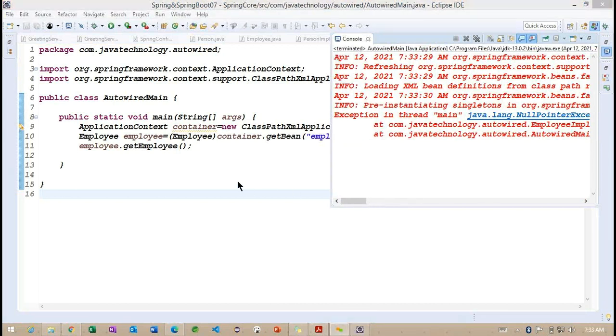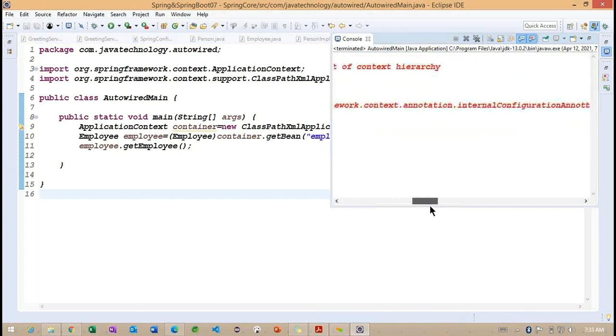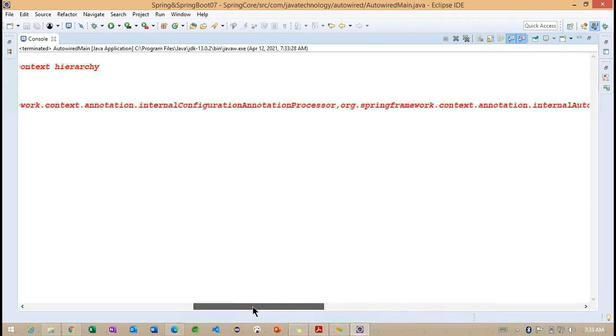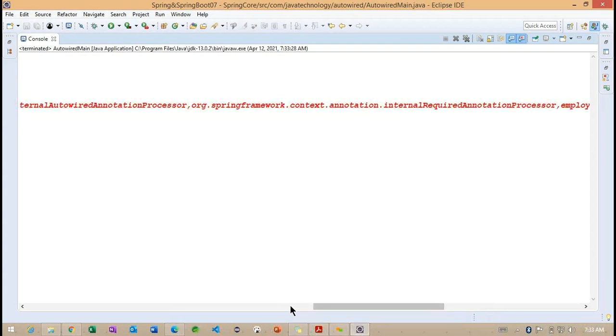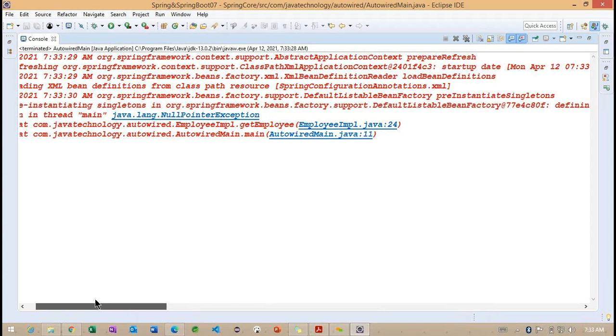Yes, so we are getting a null pointer exception. So why are we getting this null pointer exception? Now, basically, if this particular bean is not found, we need to read this error message here.